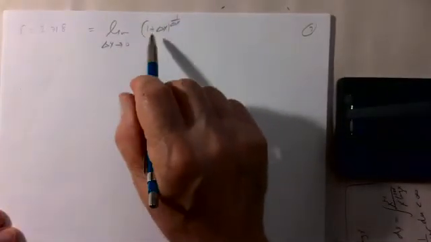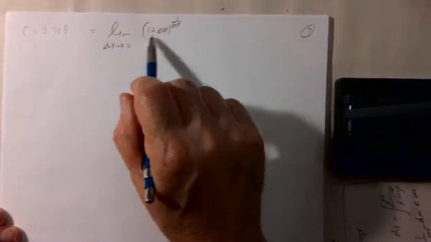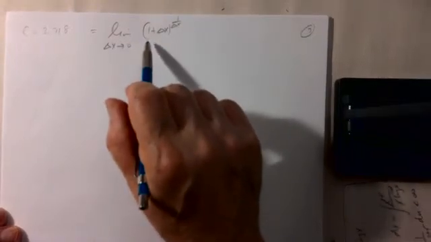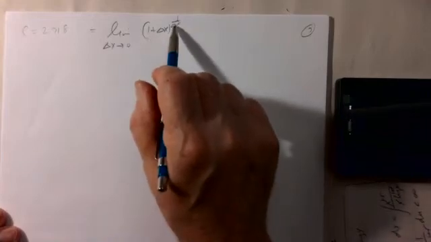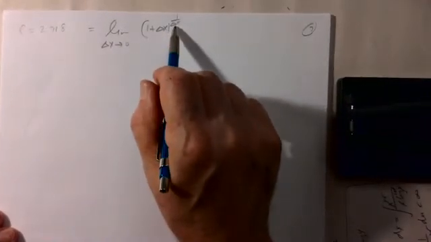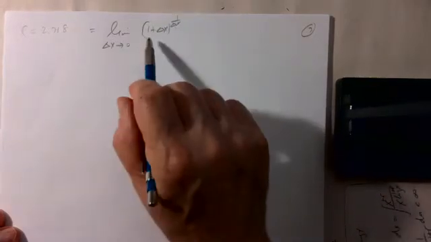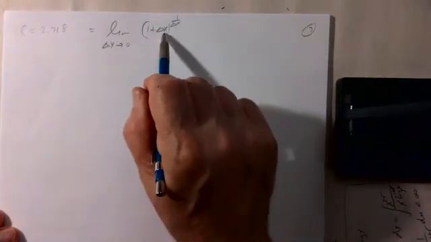So this is really very subtle because on the one hand, as delta x goes to 0, 1 plus delta x goes to 1, and 1 to a power is 1. On the other hand, the power isn't fixed, it's 1 over delta x. So as delta x goes to 0, this power 1 over delta x is going to infinity. We have something approaching 1 raised to a power going to infinity,